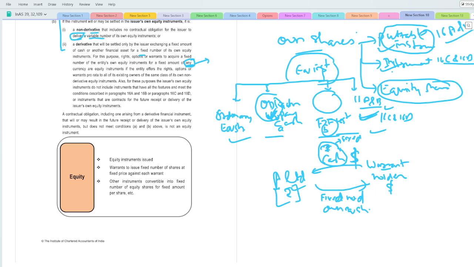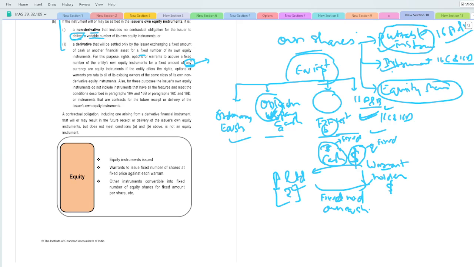So if you see, if it is in the rupee, then it will be fluctuating because you are converting the dollar into cash at the spot rate. Whatever the spot rate is when the dollar is received, you will then be converting into the rupee. So this is fluctuating. If it is not fixed in the rupee, then it will not be an equity instrument. So here the exception is created: don't convert it into the rupee, but even if it is in the dollar, whatever cash you are receiving, if that is also fixed, and this is fixed, then it will be your equity instrument.